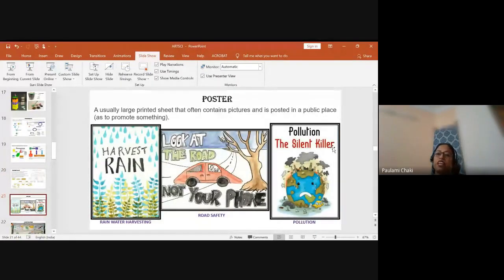Poster making is one thing which can be given in lower grades as well as higher grades. In lower grades, we teach them safety. In I think 3, 4, 5, we have this safety thing. So there you can give posters. You can give poster on latest topics, like pollution, we can give on why to do rainwater harvesting. Any burning topic, you can always give posters on, and this will enhance them because they will be brainstorming.